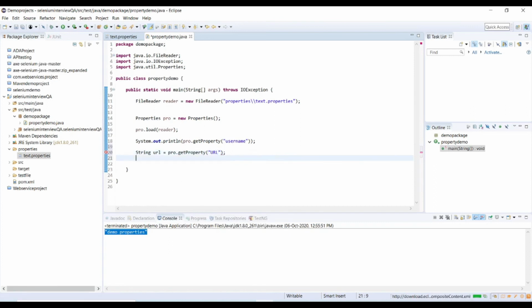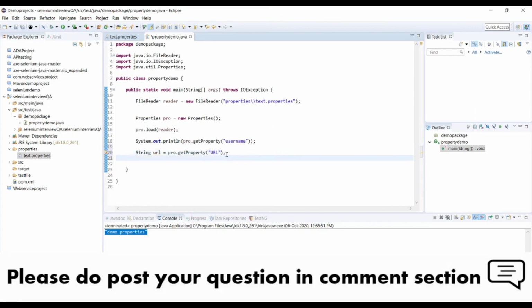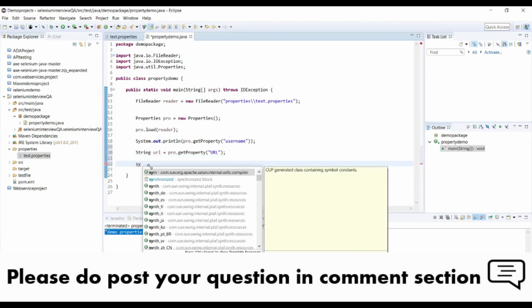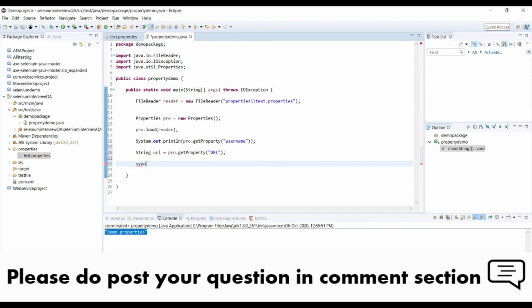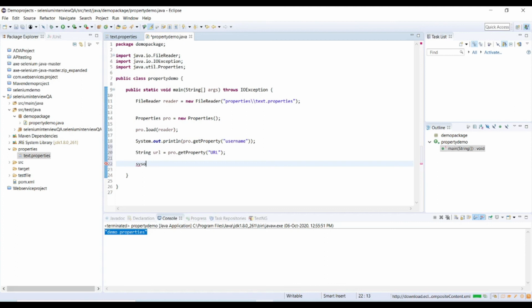Now my property URL will be stored in the string url. I can use this URL string to call the website, or I can just directly print it. For now, System.out.println, and under that I can provide this URL.